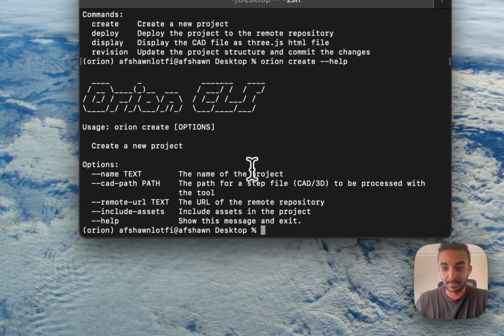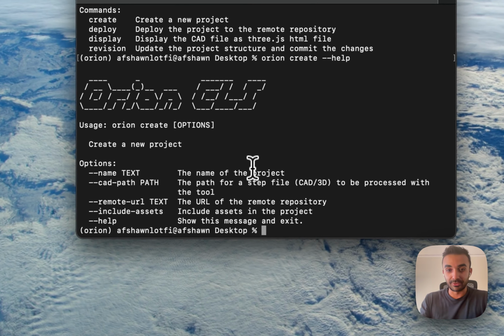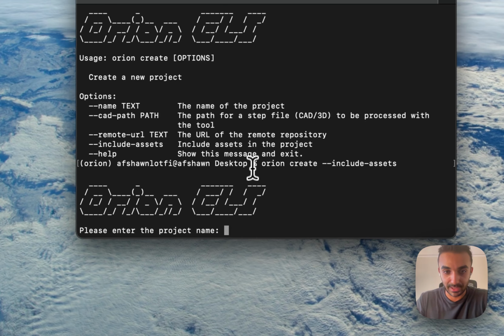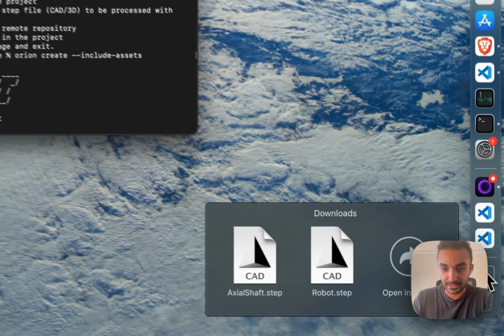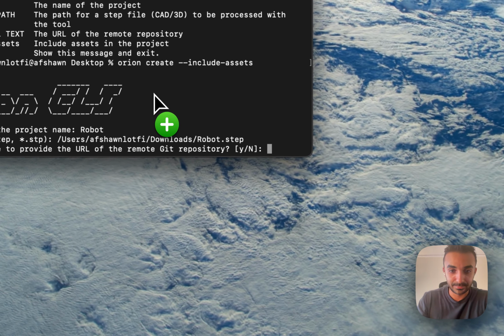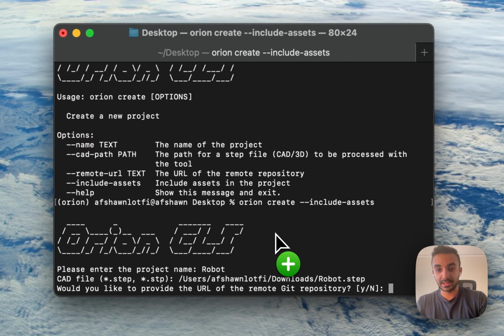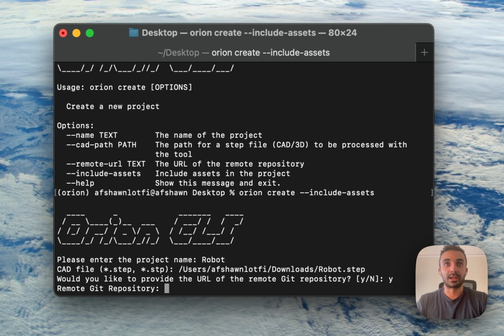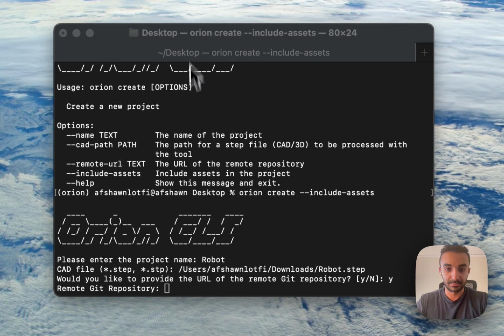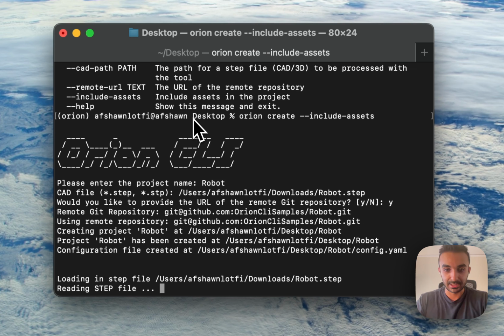And so if you want a bare bones project, which is the default, then you can just run Orion create. But if you actually want these rich assets, then you can run it with include assets. So let's go ahead and run that. Let's name it robot, and let's drag in this robot STEP file, and let's provide a remote Git repository. I created a GitHub repository, and that's pretty much just the GitHub URL. So if we go here and I copy this Git URL,